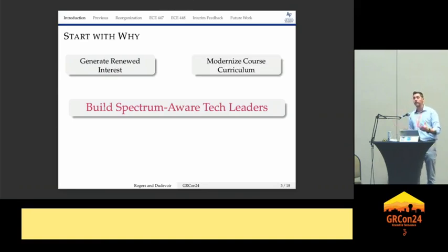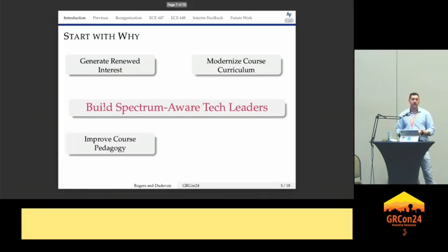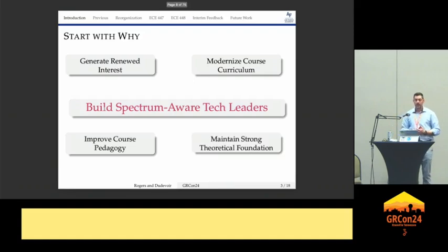How can I take the curriculum and modernize it so that we incorporate some of the topics, especially the things that we talk about, like the research that's happening at the graduate level? If we want to generate interest and generate a pipeline where we're motivating students, we need to have modern topics. Of course, I want to be the best possible teacher that I can be, so I want to implement the best practices of pedagogy as I go. And then I want to maintain a strong theoretical foundation while I do that.